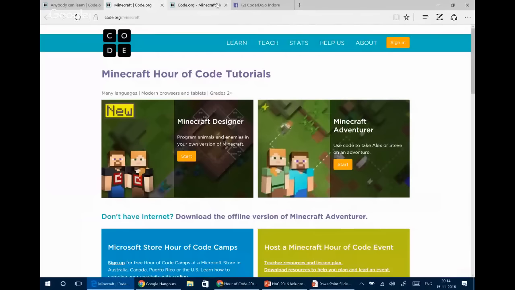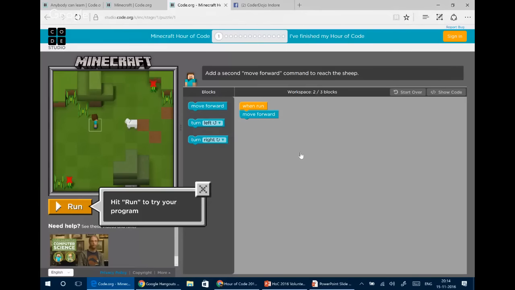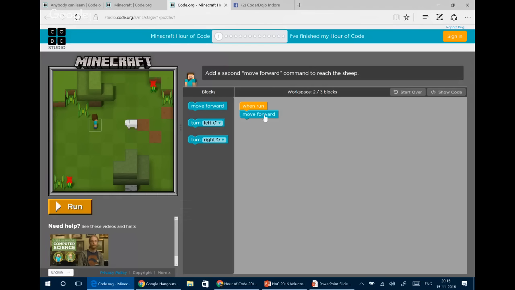Like I have one open over here. Okay, so you can see here, this is a simple example, a simple activity, the kind of activity that we'll be moving forward with. This is a Minecraft based game. In this game you can see there's a character over here and there's a ship over here, right? So what we want is this character should reach the ship. For this you need to create an algorithm, right?